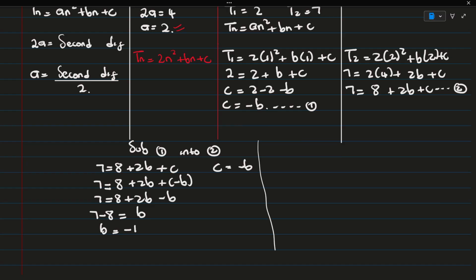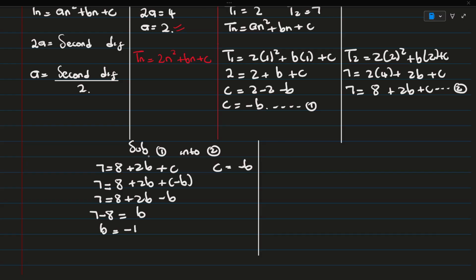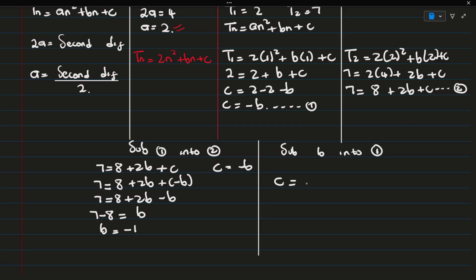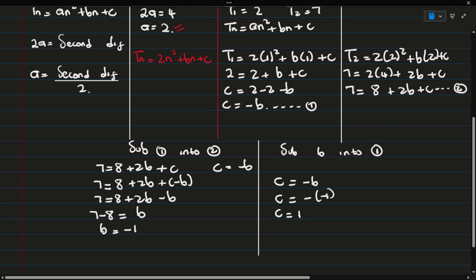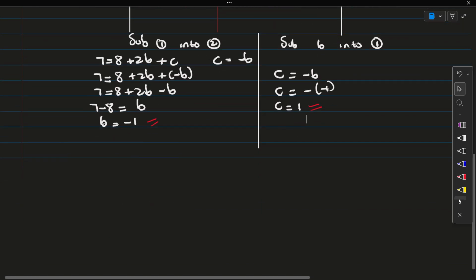Then what you're simply going to do is solve for your c. To be able to solve for your c, you're going to say sub b into equation 1. So c is equal to minus b, but we know that b, what's b? b is negative 1. So c is equal to 1. So if you realize, we were able to solve for our b and our c. Then we can finally write our final equation, which goes like